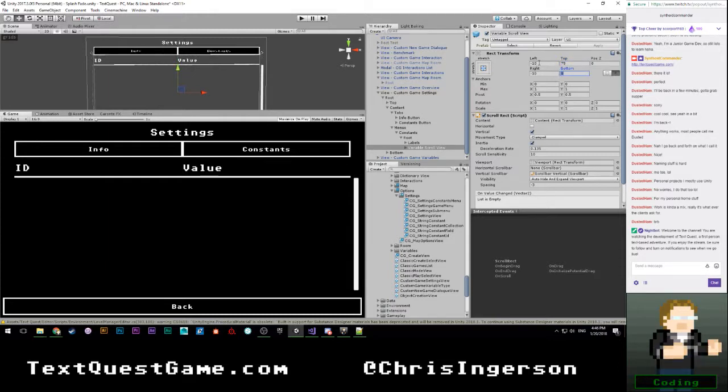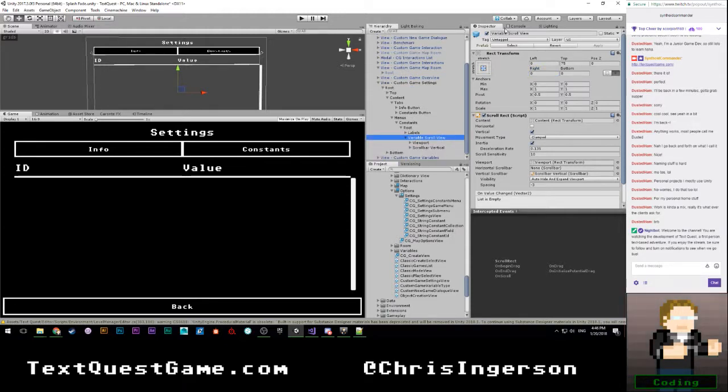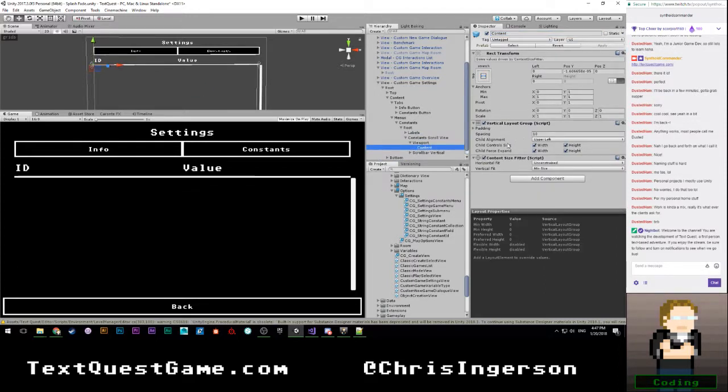We don't actually care about that. We do not care about this or this. Okay. So for that, we'll go ahead and rename this from variable scroll view to constants scroll view. Okay, all of that stuff is fine. We have spacing, it's vertical. Okay,